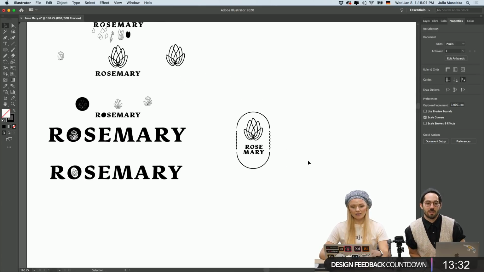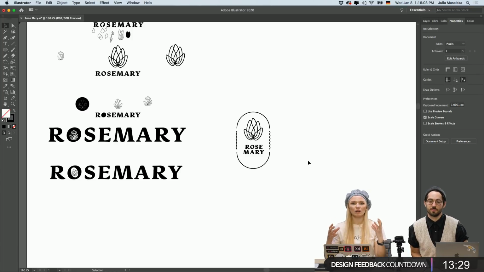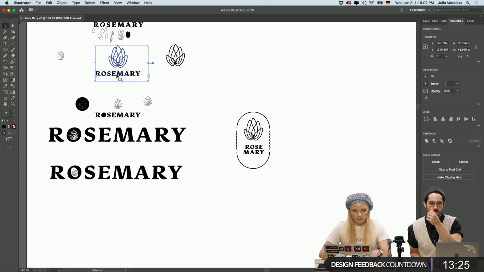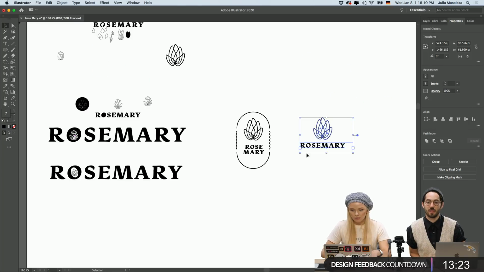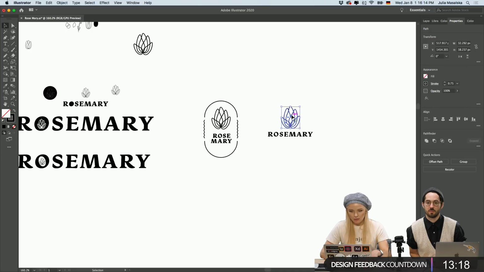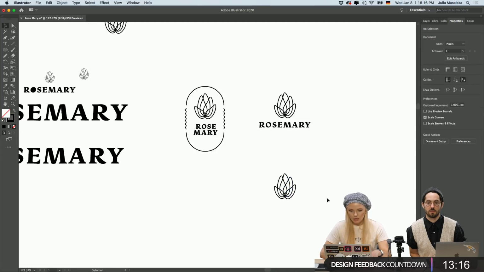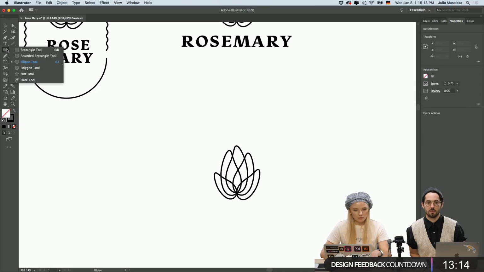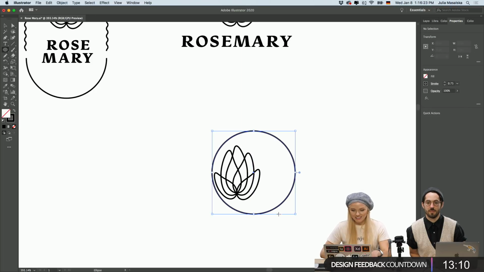Yeah, and now the goal is to try different lockups, how the logo can be used, and this typeface. So this could be, for example, number 1 right here. This could be number 2. And then we can also try and make this, our little flower symbol, stand by itself, and just make it a little house as well.